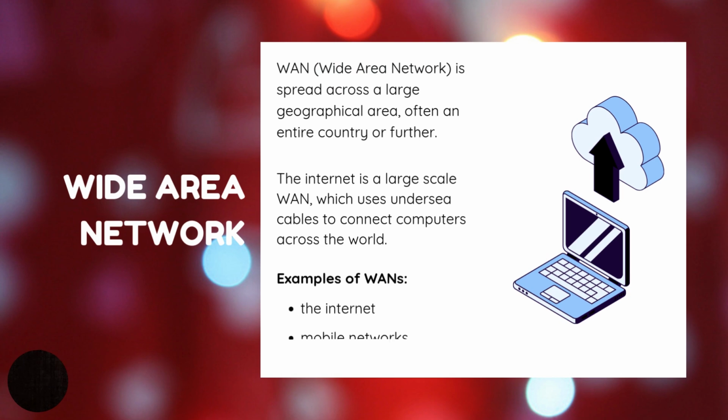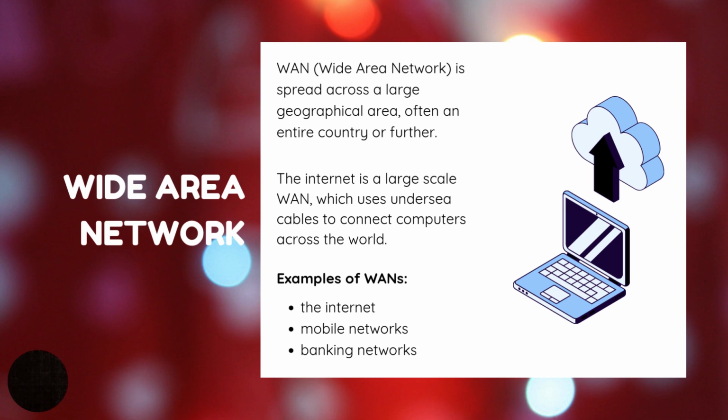Going deeper into the types of network, we're going to see the largest of all, which is now the wide area network, WAN. This spreads across large geographical areas, often an entire country or further. It can even be the whole continent, and the biggest one is the internet. The internet is a large scale one, which uses the Ethernet, you can notice that it connects everybody around the world. It means it's the largest one that can exist. So this one can even cover the whole world or the whole continent.